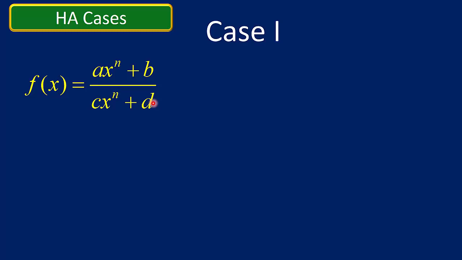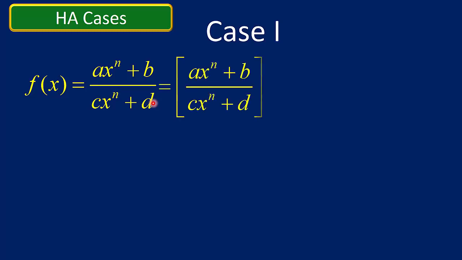How do you find the horizontal asymptote in that situation? Well, let's take a minute and just explore this. Let me multiply the top and the bottom by 1 over x to the n. Just a little trick to help us to see what's happening as this x goes to infinity. And I took the largest power here and I just divide it by x to the n on the top